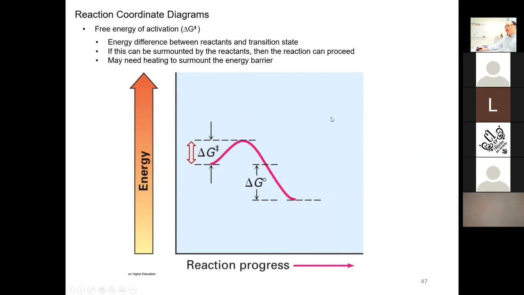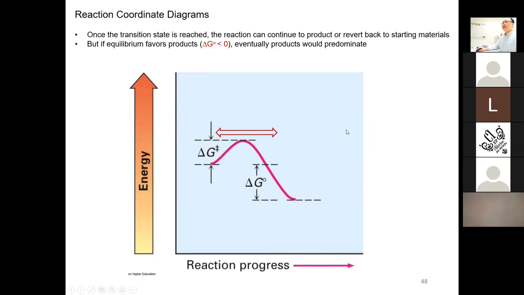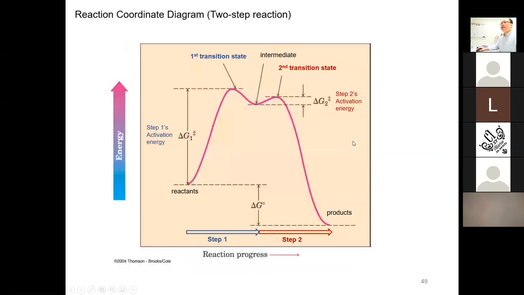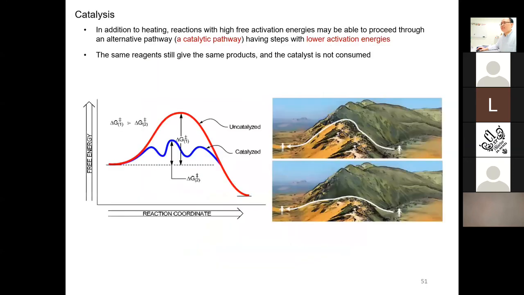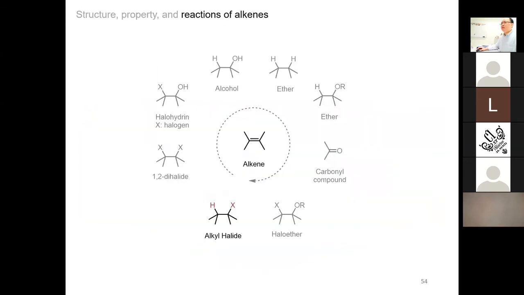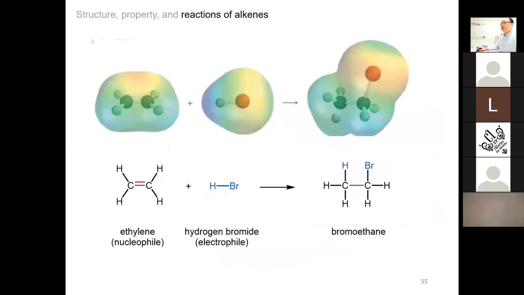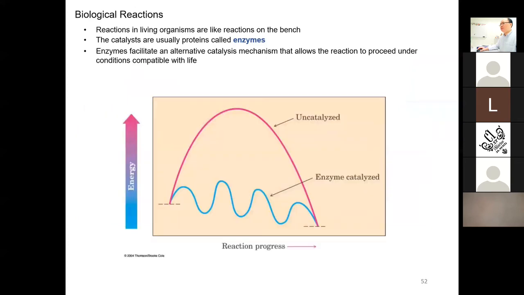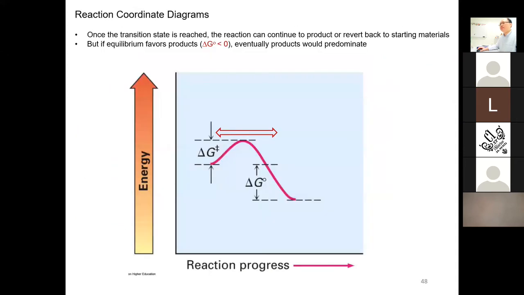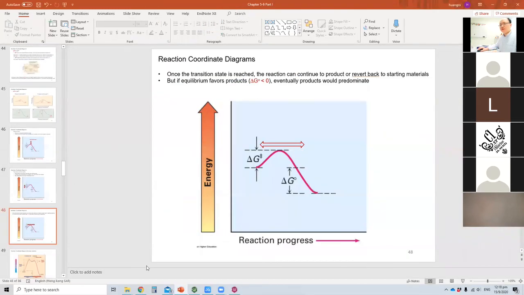All right, I think the time is up. In the next class, we will keep learning the reaction coordinate diagram in a more complex system. And we will also start to talk about individual reactions of the alkenes, which gets much more interesting, right? And I hope you are still with me so far. And also, before we finish here,